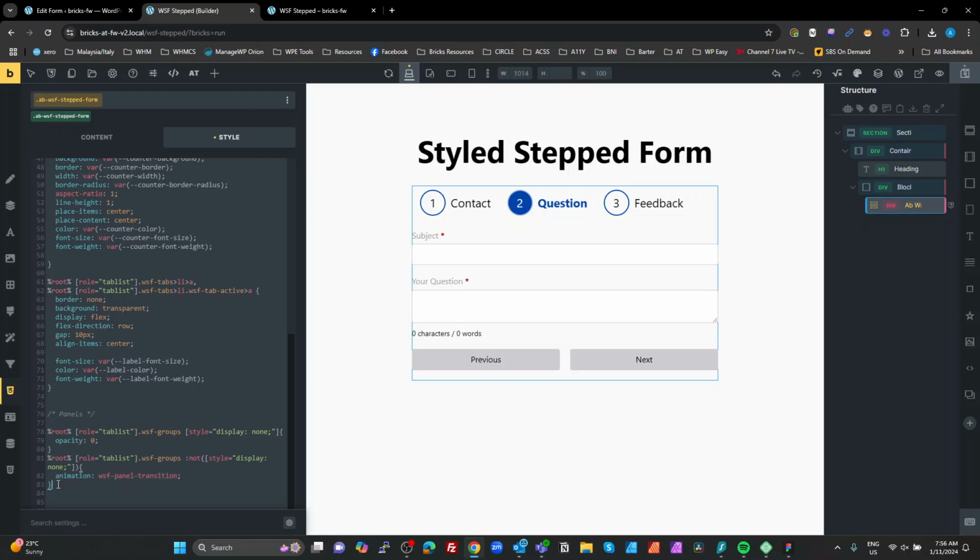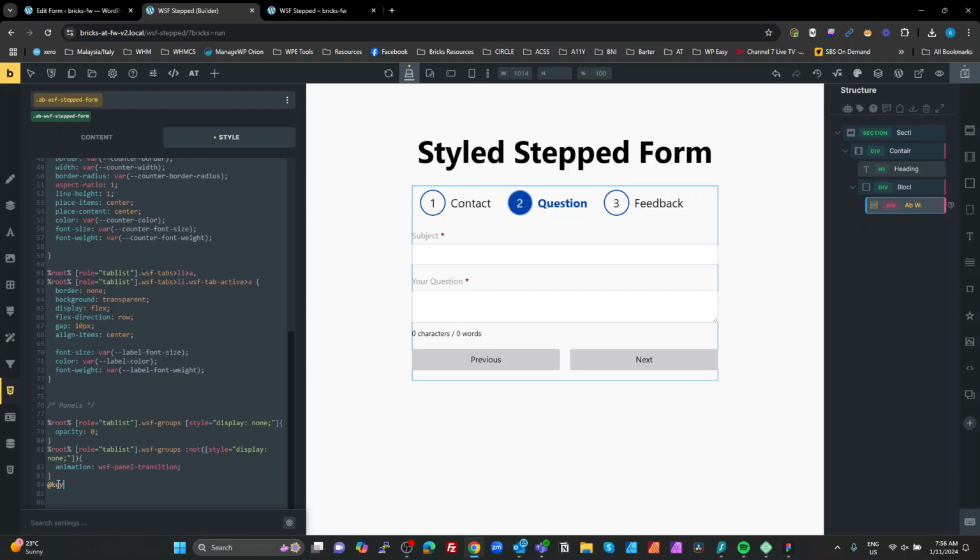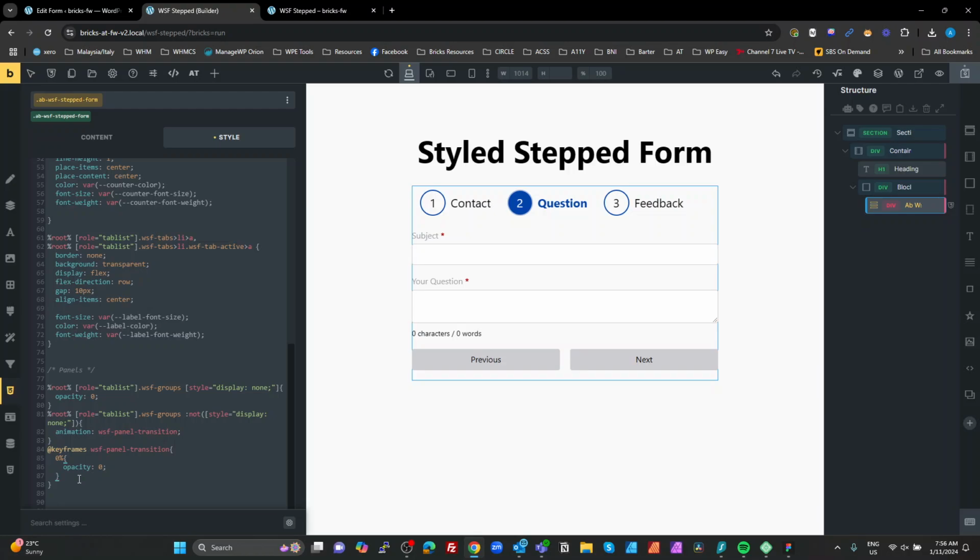Okay, and then we're going to create some keyframes with that name. We're going to start at 0% of opacity of 0. And there we go, 100%. Opacity